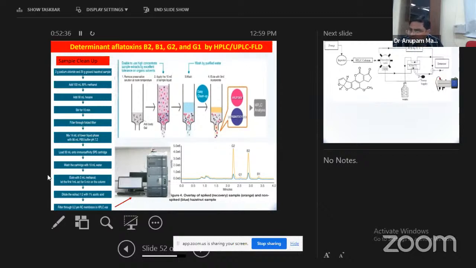In determining aflatoxin, sample preparation is very important. First, you have to clean up your sample. This is the immunoaffinity column. When you put your material in this column, the antibody interacts with your